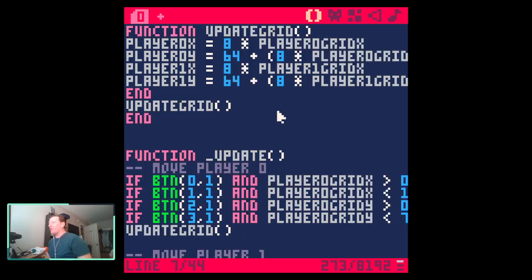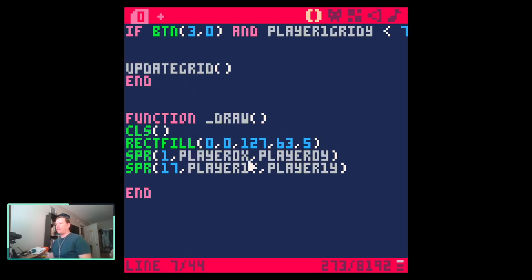Let's get these drawing correctly. So when we draw these sprites,